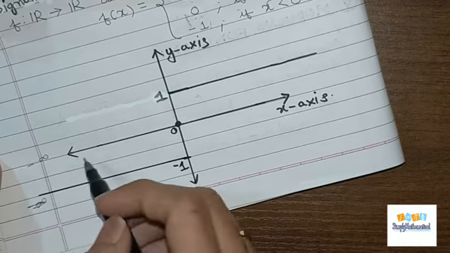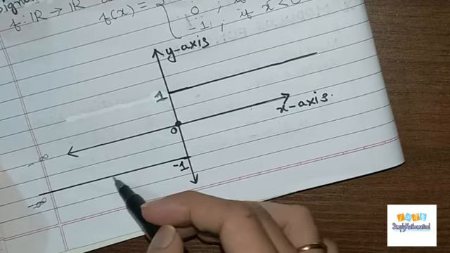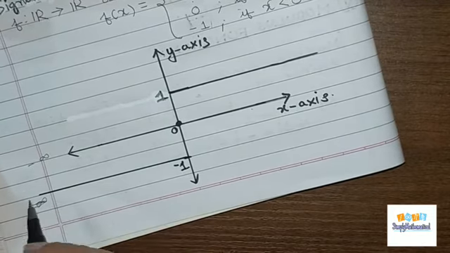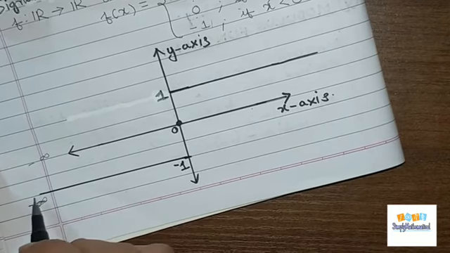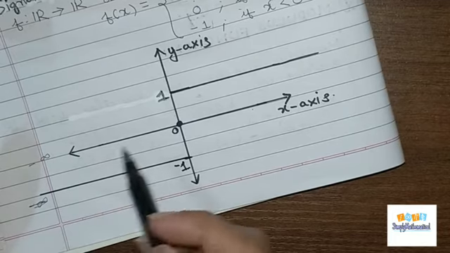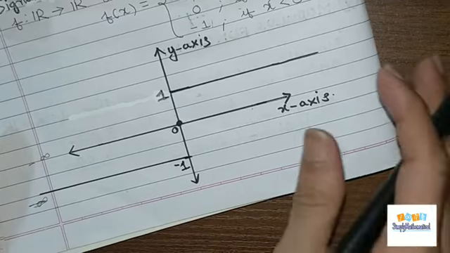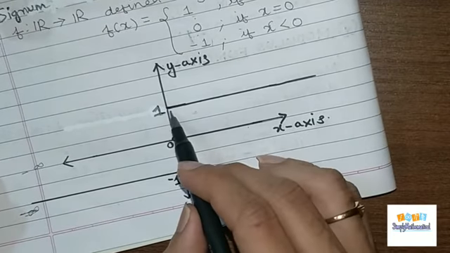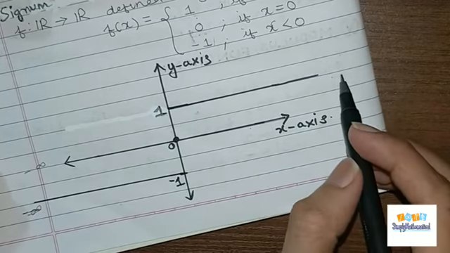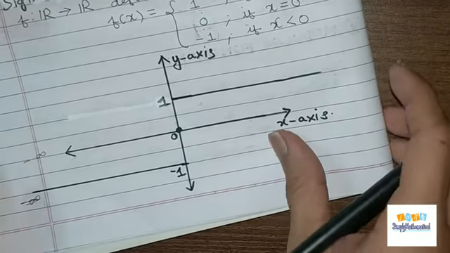Okay, minus infinity on the x axis, right? So as you go to minus infinity, the value of the function will be minus 1. The value of the function will not go to minus infinity, the value of the function is minus 1, but up to minus infinity, you cannot say. See, the graph of the function is towards minus infinity here. Now see this, here also you can say that the graph of the function is towards infinity. So that is the graph of the signum function, right?